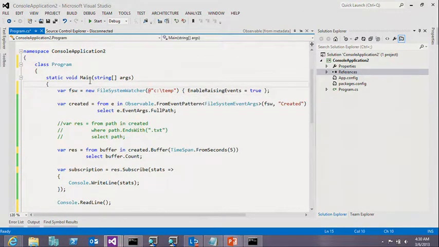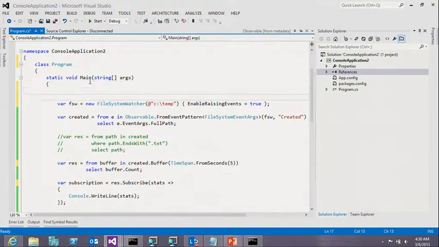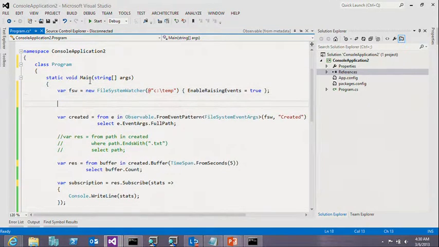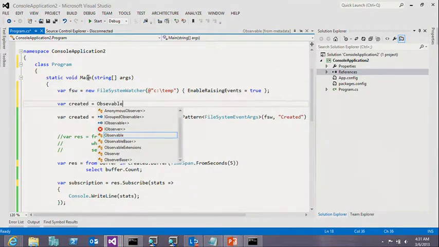So let me show you how to do the file system watcher thing without using FromEventPattern. In fact, I'll show you how FromEventPattern is implemented, kind of. There are some exceptions to the main flow here. But say you have the file system watcher and you didn't notice for some reason it exposes .NET events, or you didn't see that FromEventPattern exists in Rx. You can just create this Created stream by doing this. You can say created equals Observable.Create